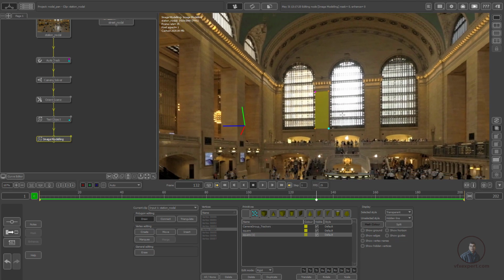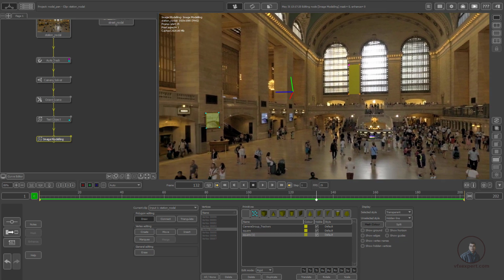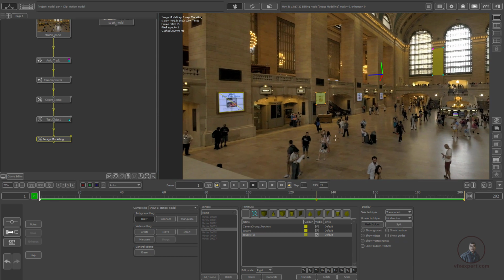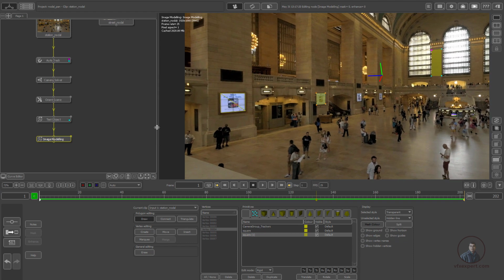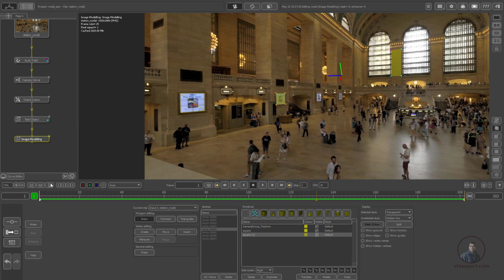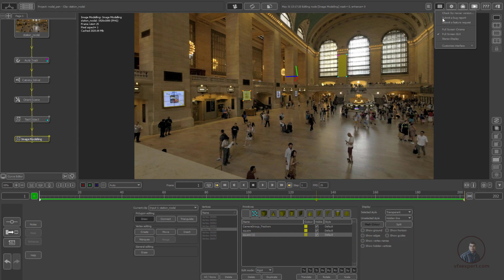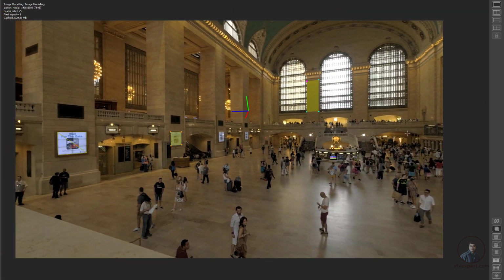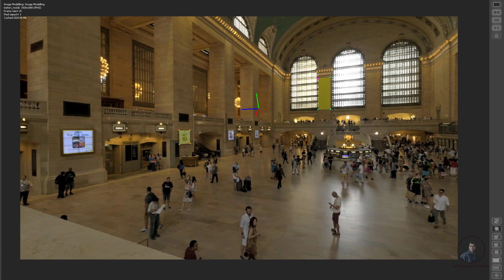So again just play this one also and check. So all the geometry is placed in our scene here. So now just play and check. So again move a little bit here and click on this. Even you can also simply click here and click on this full screen cinema here. Then again zoom in a little bit here so we can easily focus in our camera. Now play and check here again.